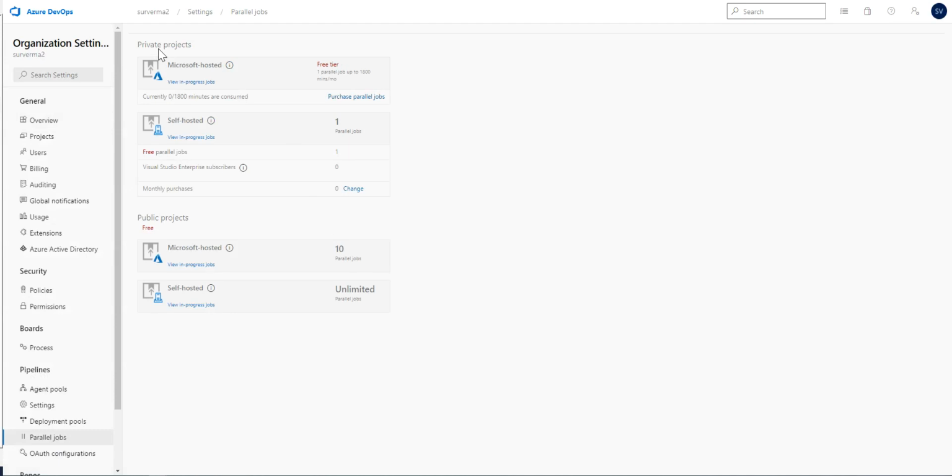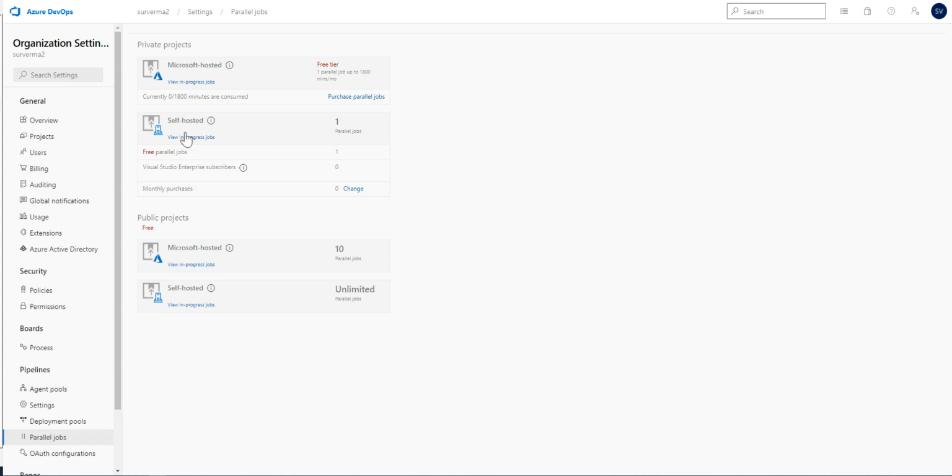Once you have decided on private or public project, there are two more things you will have to remember: whether you are running those jobs on Microsoft hosted agents or on self-hosted agents. With self-hosted agents, you have created an agent on a VM or on-premise server where your jobs will be running. In my free plan, as you can see, for a private project I have only one parallel job for Microsoft hosted agent. I can run a single job at a time. So if my pipeline has two jobs that would run in parallel, the second job will wait for the first to end, and only then will it start.